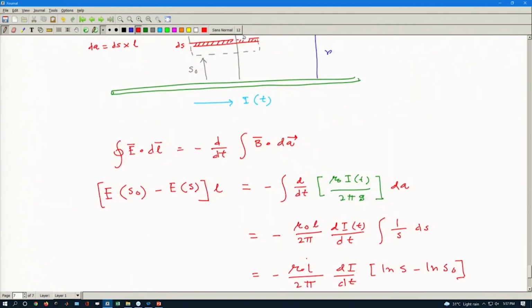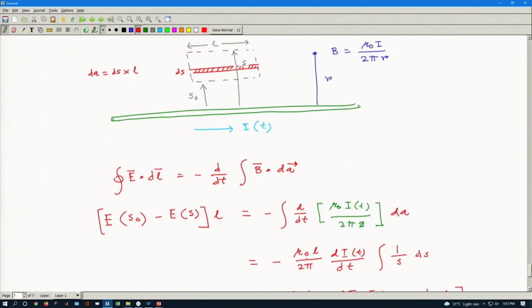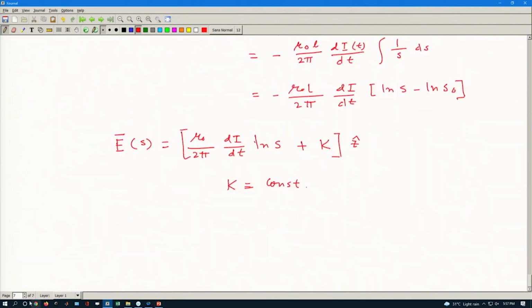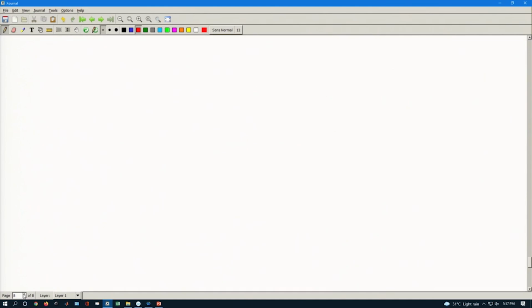Okay. So, this is the way one can calculate the electric field by exploiting Faraday's law. Another very straightforward example I can give